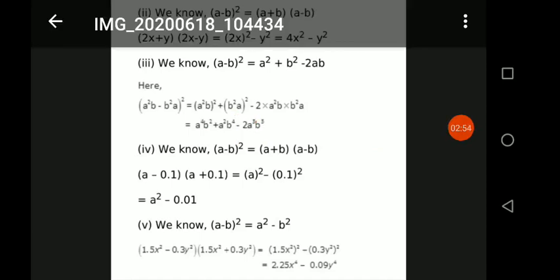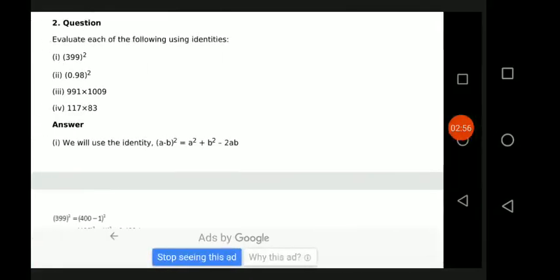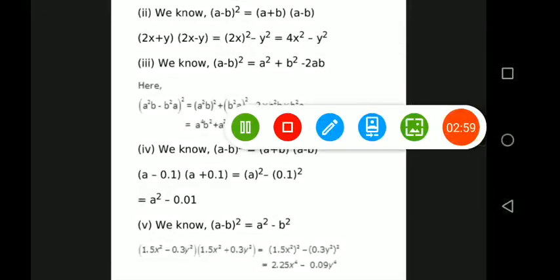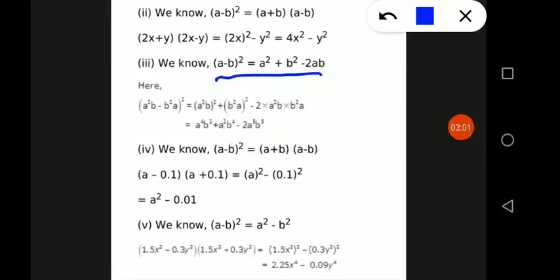So since the minus sign is there, we can use (a minus b) whole square, which is equal to a square plus b square minus 2ab, and we will take our a as this whole term a square b and b as b square a. After applying, we get a square, it is a square, so we get a to the power 4 b square. Then it is b square, so we get a square b to the power 4, and minus 2ab will equal to 2 into a cube b cube.